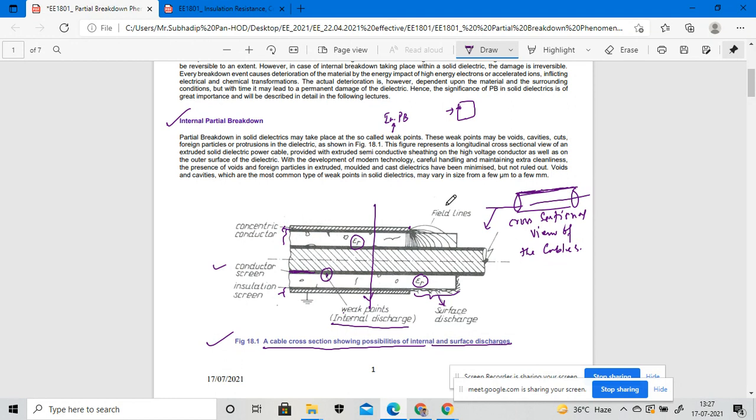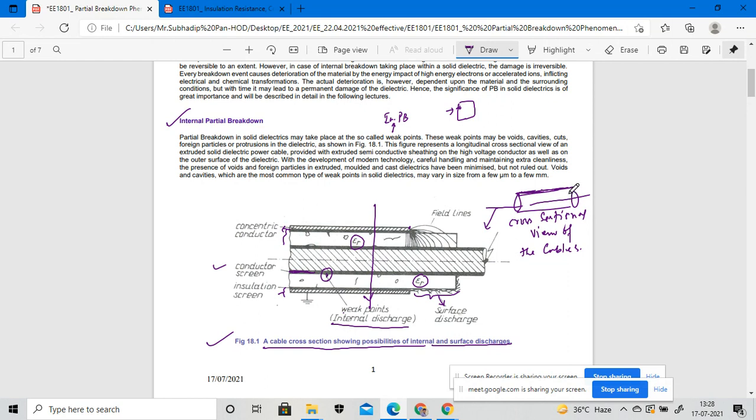The presence of voids and particles inside the cables will affect the internal discharge inside the cables. Okay, so we have to check whether any such kind of voids or cuts have occurred inside the cables or outside the cables or not. If any such voids or cavities are generated inside or outside the cable, some surface discharge, corona discharge, or internal discharge may occur inside the conductor. So we need to check each and every day, right?